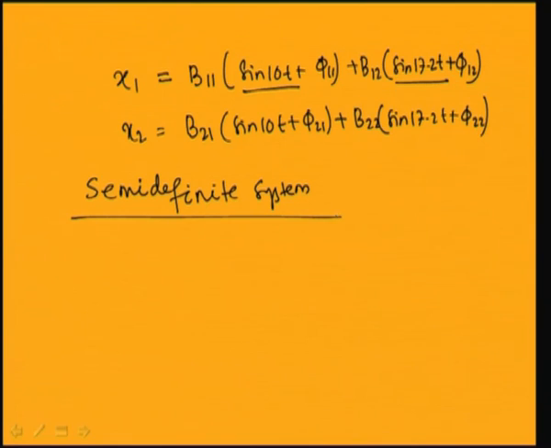Semi definite system or degenerate system. There are a class of systems for which, out of these two natural frequencies, you can find that one natural frequency is equal to 0. So, the systems for which at least one natural frequency is 0 are known as the degenerate systems or semi definite systems. So, let us take the system,